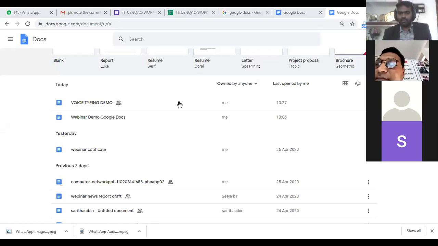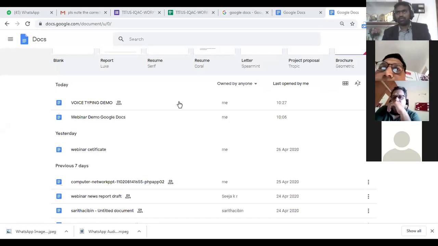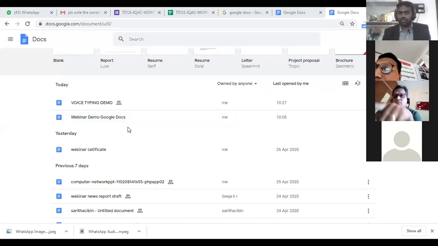Now, Pujita. Sir, can we use this offline? Like many documents, if we want to edit offline, can we use offline editing? If you need to use the document offline, you have to synchronize this document with your computer. Later, when you connect your device to the internet, it will be updated on Google Docs also.